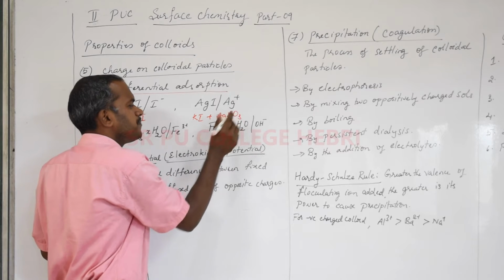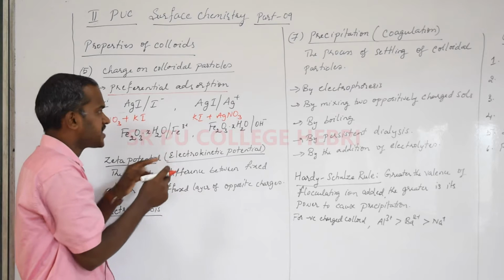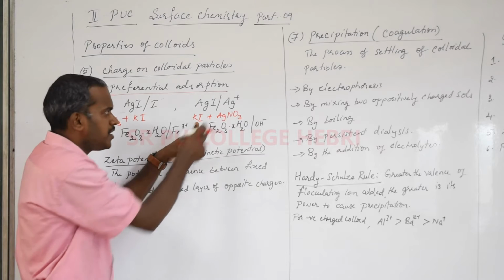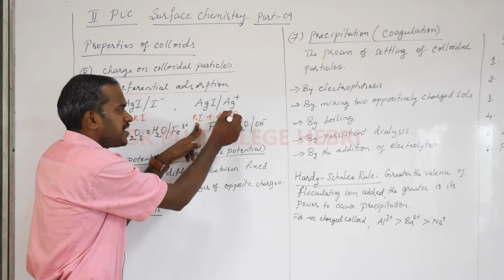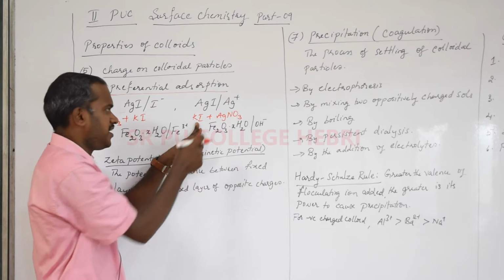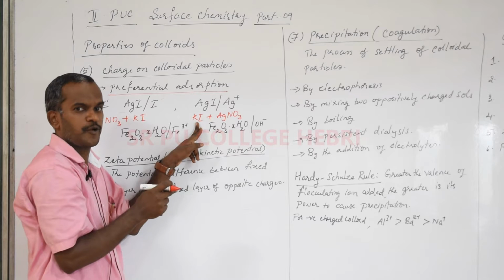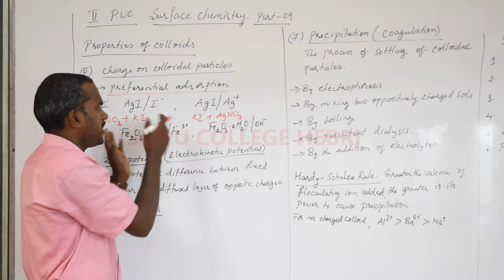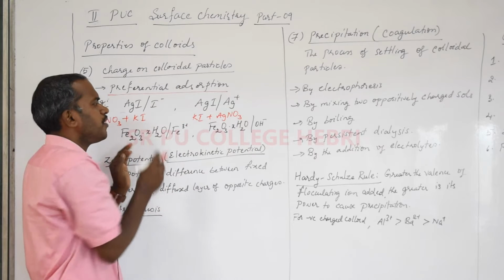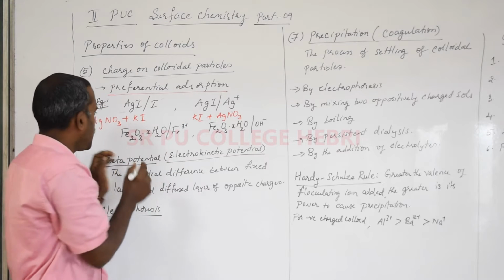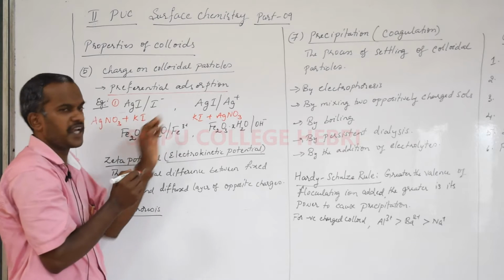See the difference, students. Generally you think that when the two are added, it will just be a reaction. Now you have to understand, if I take potassium iodide and add silver nitrate solution to it, what happens? The Ag+ ions of the silver nitrate that we added will accumulate around the particles and it becomes a positively charged colloid. So the colloid we prepare can be either positively charged or negatively charged based on which ion gets accumulated. I will give one more example.